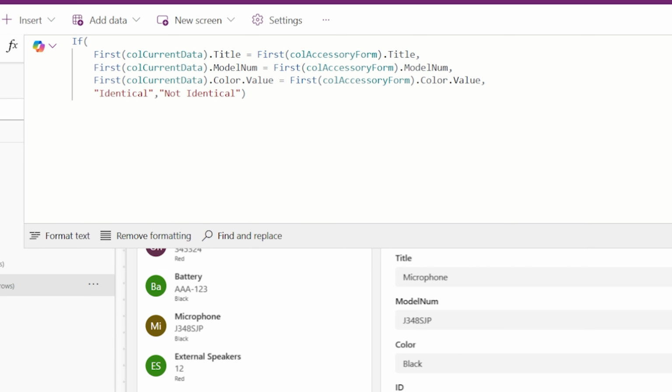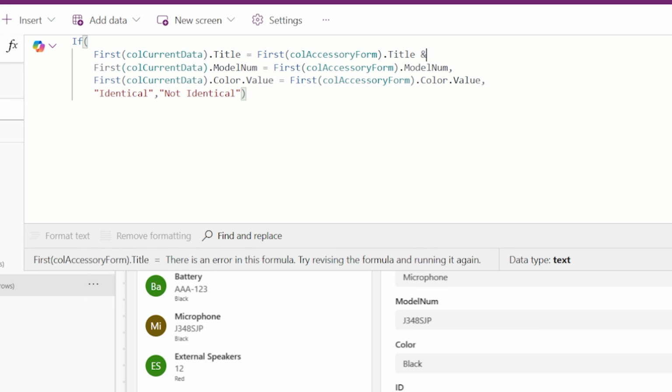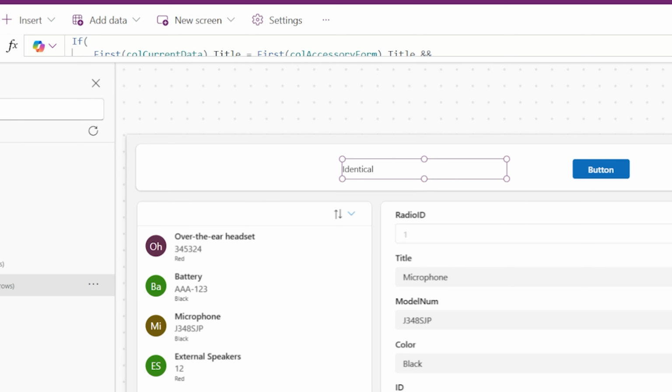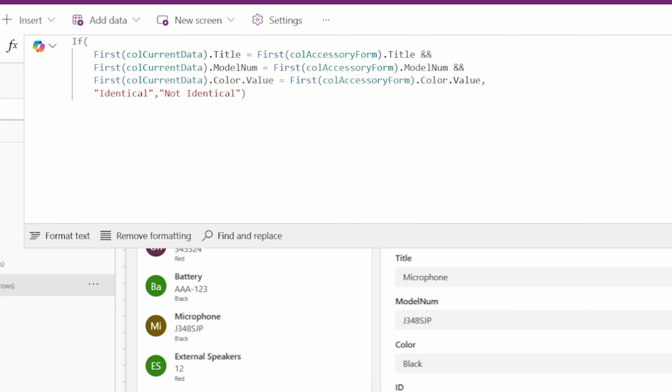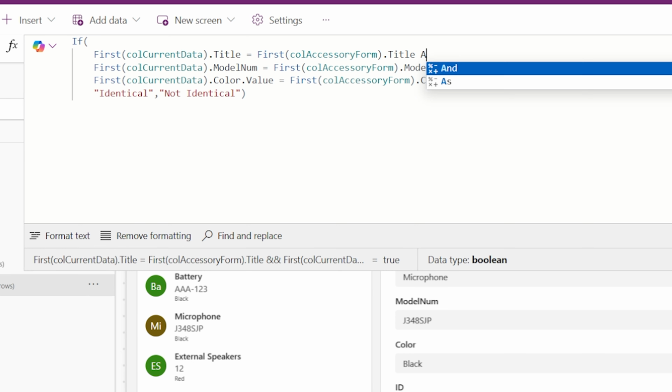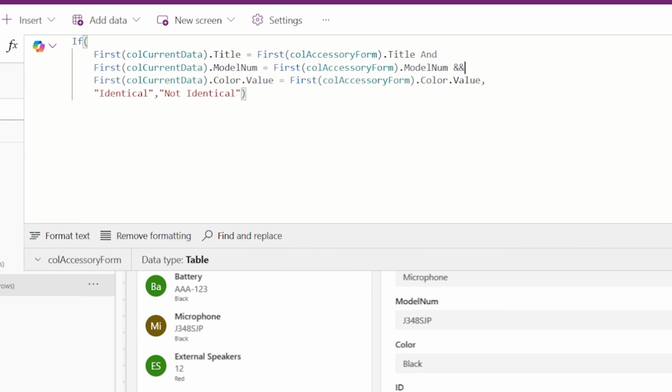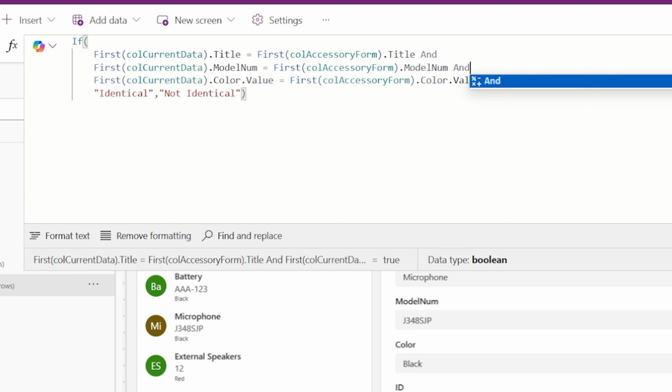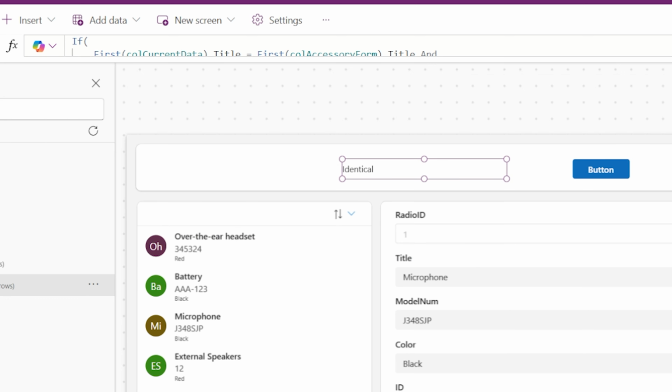Oh, I messed this up. Those commas should be and, and that should be a comma. There we go. So we're just saying, or we can write the word and. We can also write the word and if we prefer that. Same thing, we're just saying, hey, check the first record and check the second and check the third, check for